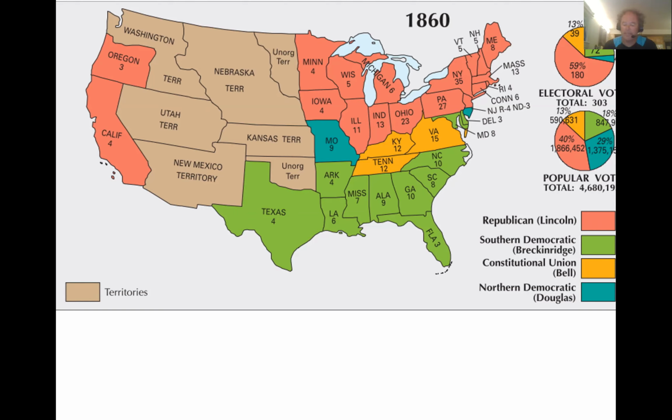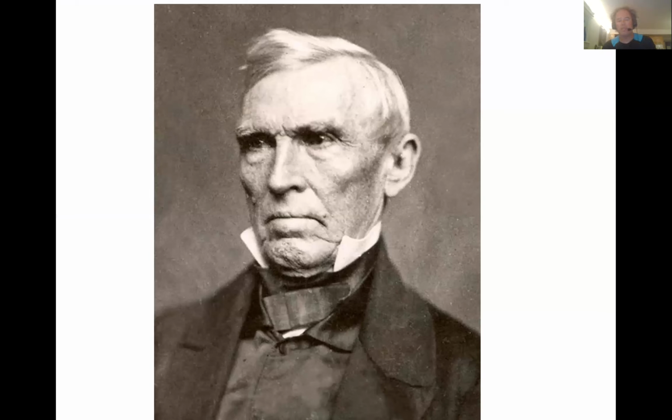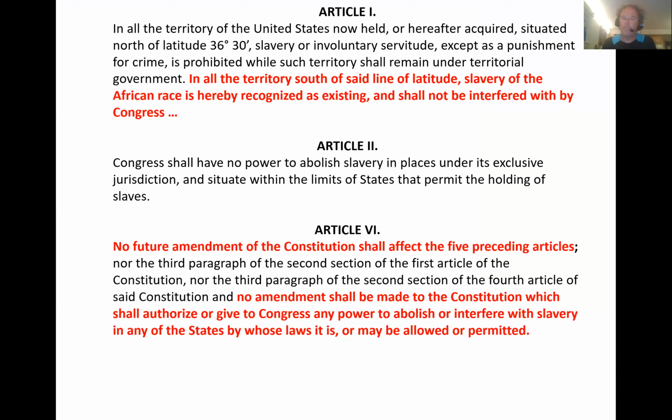But Lincoln's elected. He has to wait, under the Constitution as it existed at the time, almost 4 months to be inaugurated. And during this interregnum period, one of the last of the Whigs, John Crittenden, a Whig senator from Kentucky who had succeeded Henry Clay in the Senate after Clay dies, puts together a last-ditch constitutional attempt to prevent the Civil War. And this is known as the Crittenden Compromise.